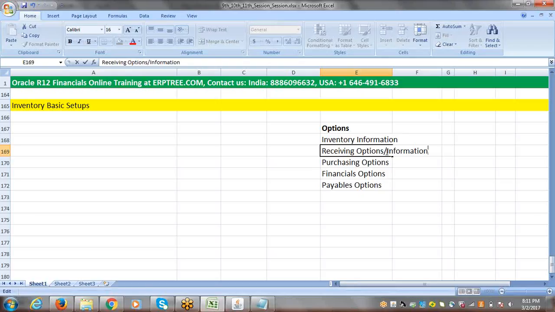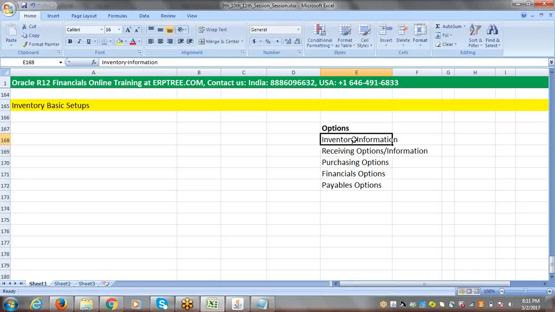What point did we discuss? By using the options we can control, or we can set, the behavior of the application, or in other words, we can set defaults. We can set defaults by using these options. So which options are for which application, we have to understand. Okay, which options for which application we have to understand. When you talk about that point,